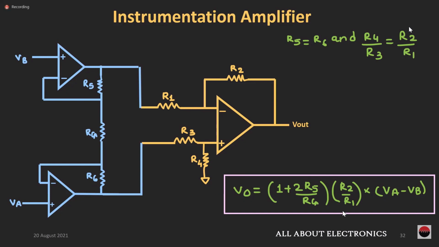This equation is very, very important. You will get problems on this instrumentation amplifier in the unit test examination. And you will get problems on Wheatstone bridge, and on voltage divider. Small problems, one or two steps, don't worry, but you have to practice problems. Problems means we will give numerical values and we have to substitute in the formula. All are formula based problems, in Wheatstone bridge, in voltage divider, and in this one.